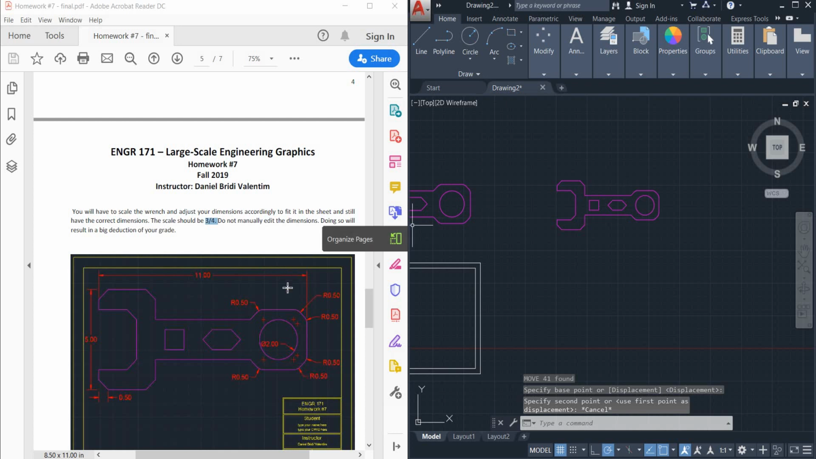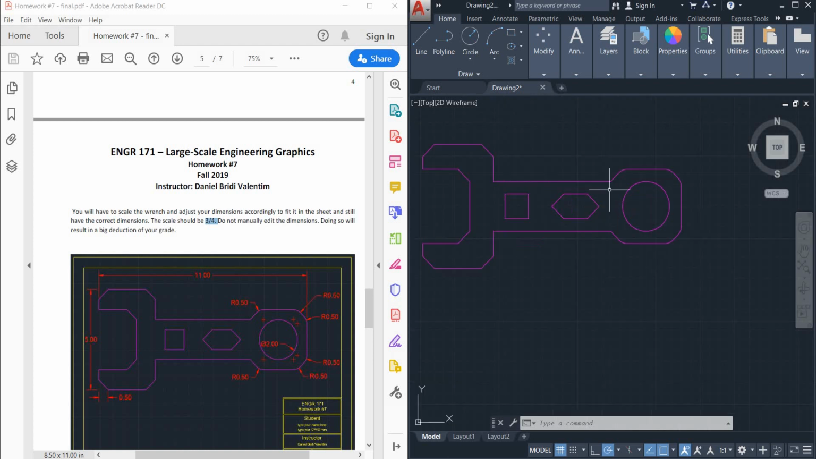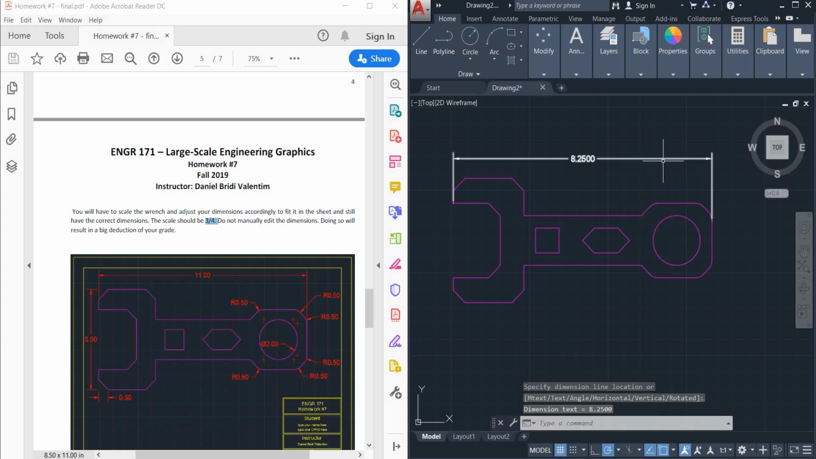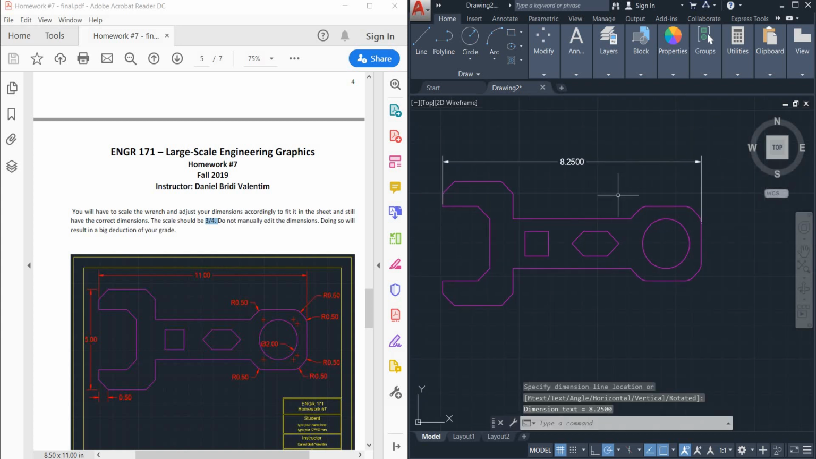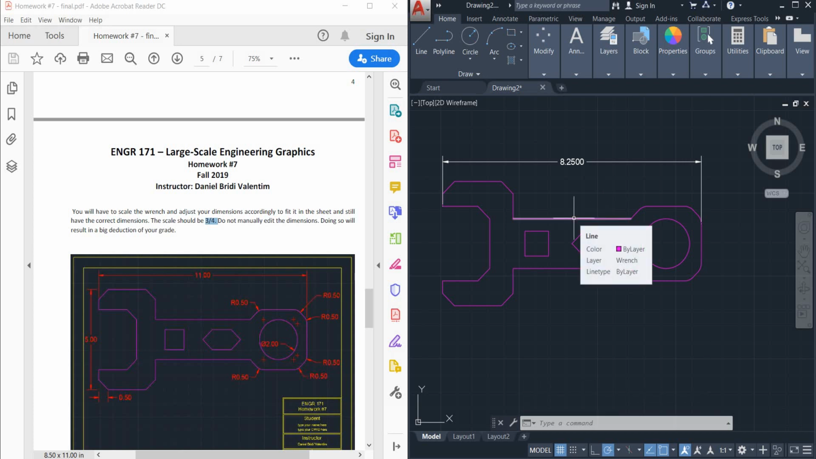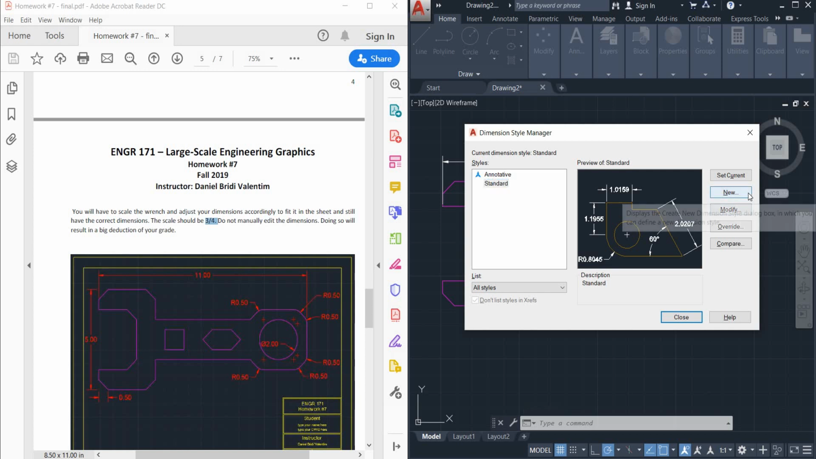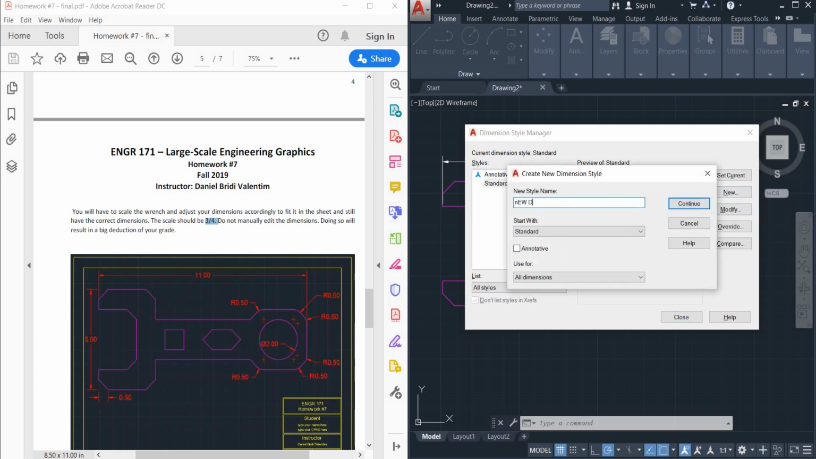Okay, but we also need to remember that our wrench needs to be dimensioned. So if I press DIL, enter, this distance will not be 11 anymore, it will be 8.25. We need to fix this. Since we applied a scale factor of 3/4 for our wrench, we need to apply a scale factor of 4/3 for our dimensions. To do that, we'll need to create a new dimension style. I'll press D, enter, to create a new dimension style. So this is the standard dimension that we have been using. I'll create a new one. I'll just do new dimension,